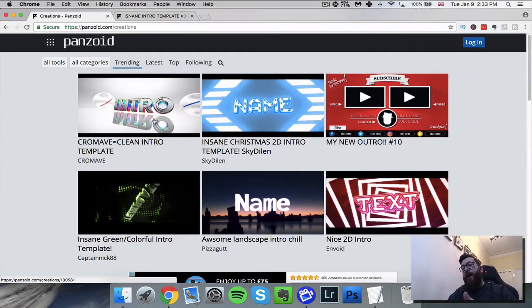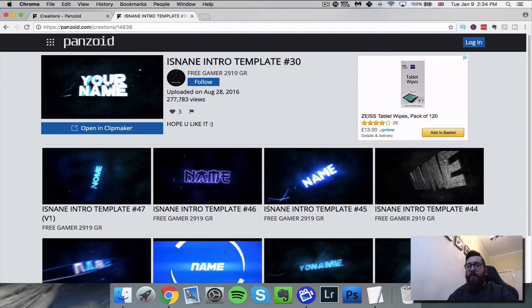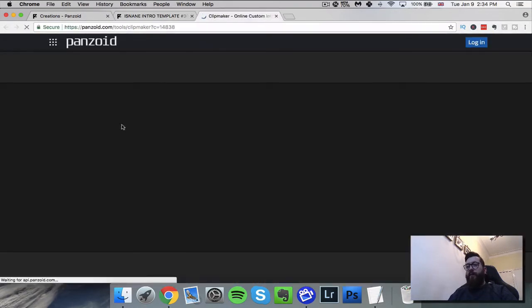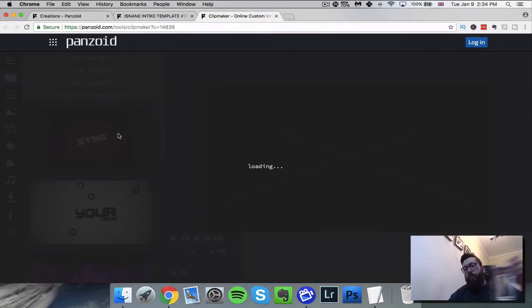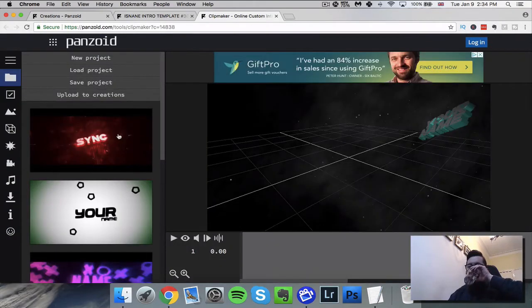Then once you're happy with it, just click on one. It'll open up the page for that, and it'll be something like this. This is the one I'm going to use to create mine. And all you do is click on the opening clip maker button that's beneath it. And once that's loaded, you're going to see on the right hand side you've got a preview,